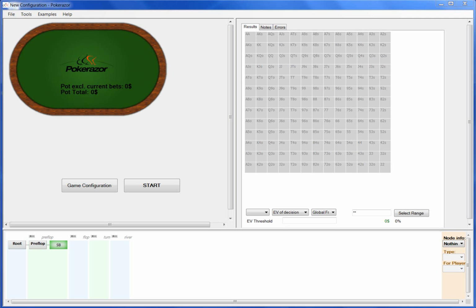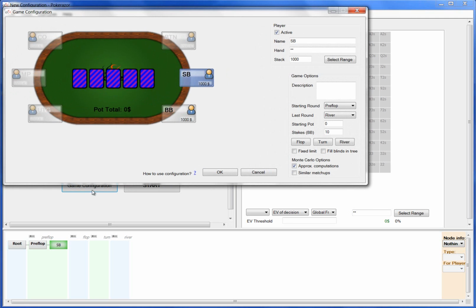Hey guys, I thought I would take a step away from the tables for a bit and talk about some tools of online poker. I wanted to start with PokerRazor because, two reasons. I think it's the coolest, and the other one is,